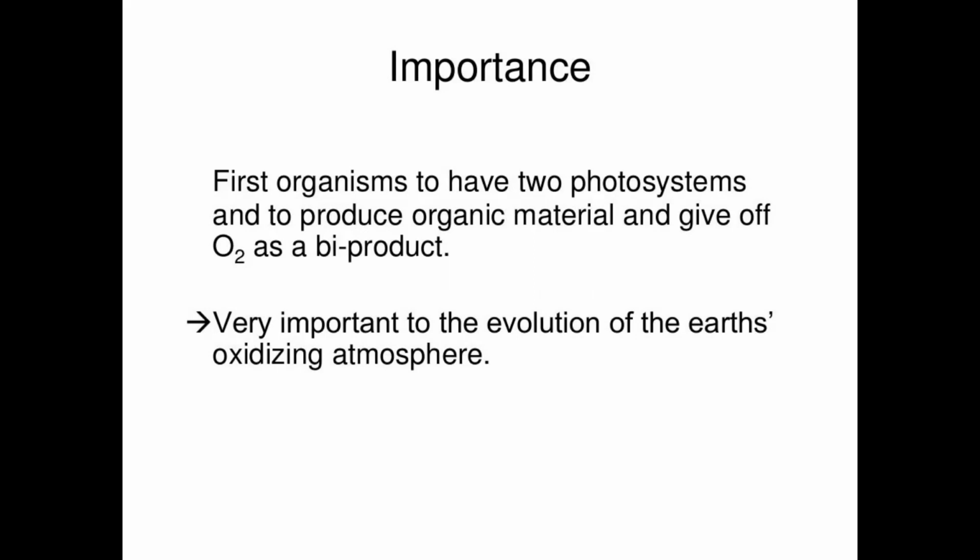Even the plants, when they perform photosynthesis, oxygen is liberated. Similarly, cyanobacteria or blue-green algae, when they perform photosynthesis, oxygen is liberated as a byproduct. They take the carbon dioxide and they release oxygen. That is why we need plants, because we need oxygen to breathe. These are very important to the evolution of the Earth's oxidizing atmosphere. As we know, these are ancient organisms, so they are very much responsible for the evolution of Earth's atmosphere.